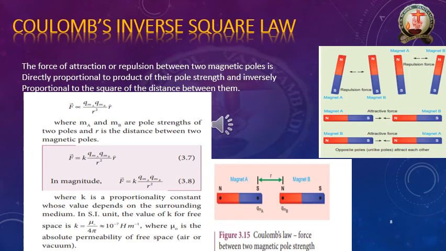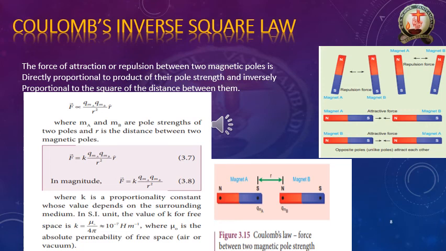Normally, whenever we convert directly proportional to equal format, the unit vector is mentioned: F bar is equal to K QMA QMB by R square into R cap. R cap is there, but whenever you are writing in the magnitude format, you can take mod. At that time there is no need to write the R cap because R cap is the unit vector.